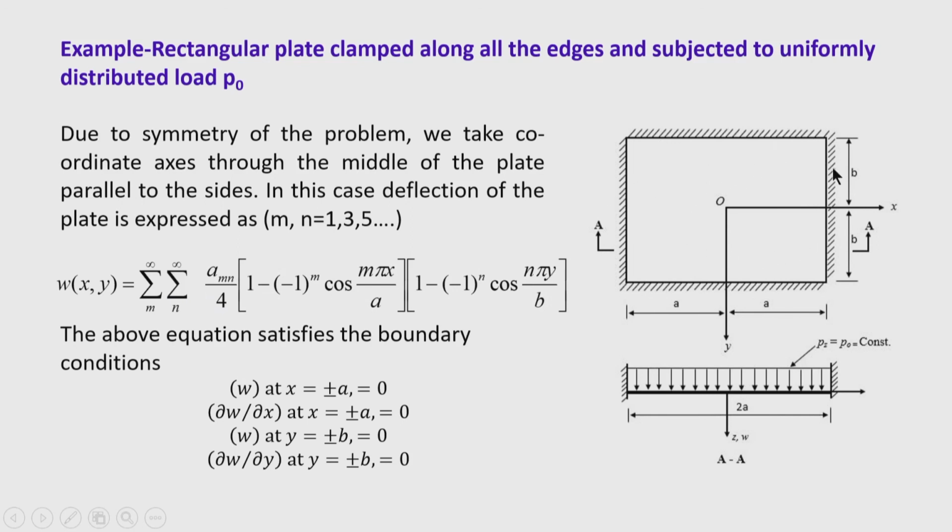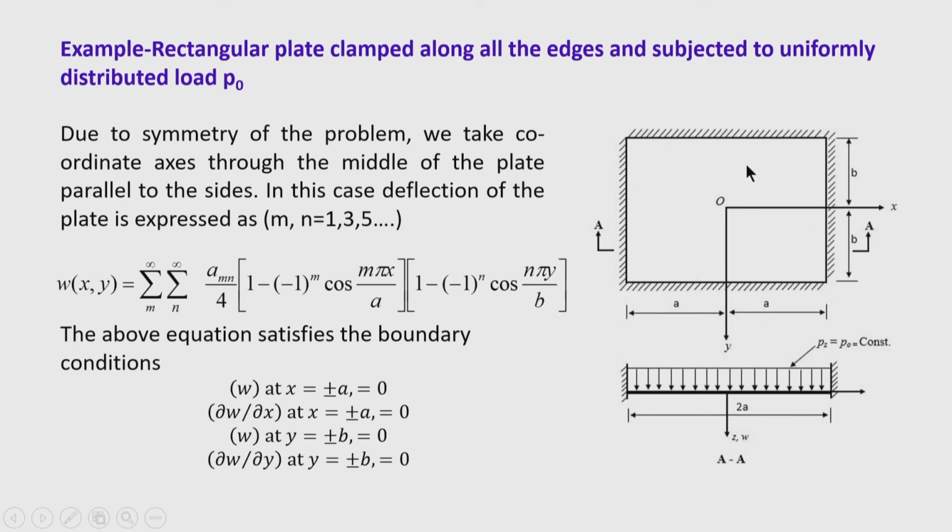Then the two results can be superimposed, so that the edge moment value can be found which makes the slope along the clamped edge 0. When that condition is imposed on the superimposed expression, we can solve the problem of a plate which has all the edges clamped, but the method is very cumbersome and requires many steps to complete. So, here with the help of Rayleigh's method, the approximate method, we can solve it very easily with the help of strain energy formulations.